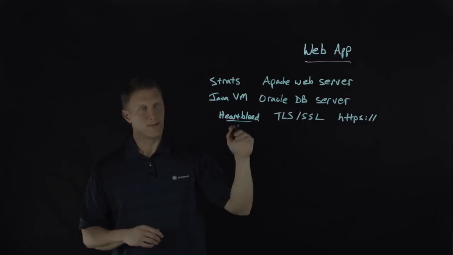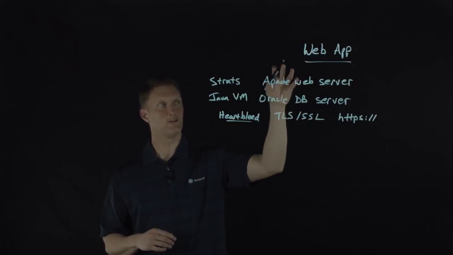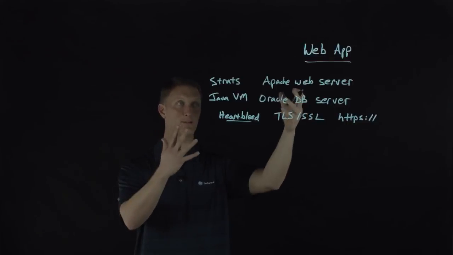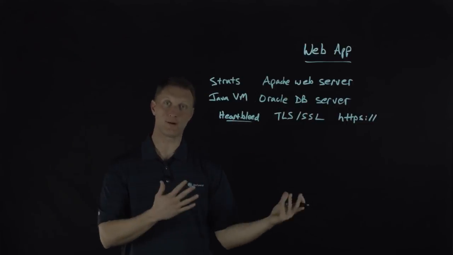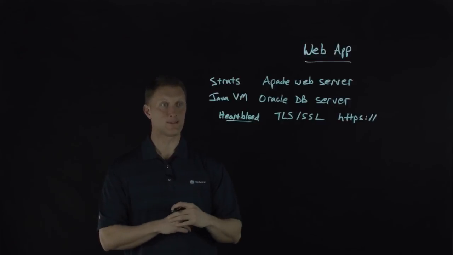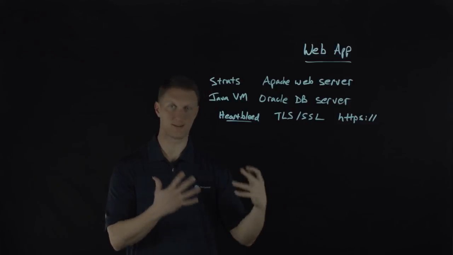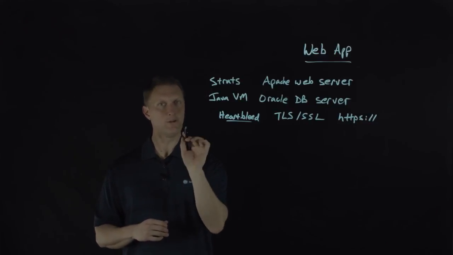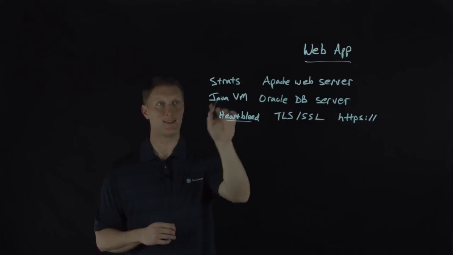All right, so you start to get the idea that as you build your web application, you're going to probably be forced into a situation where you have to use components that have known vulnerabilities. There's some good and bad with that. The good part of the known vulnerabilities is we do know about them, so we know what to protect and fix and all that stuff. The bad part about it is we do know about them. And so if we know about them, then the bad guys know about them,